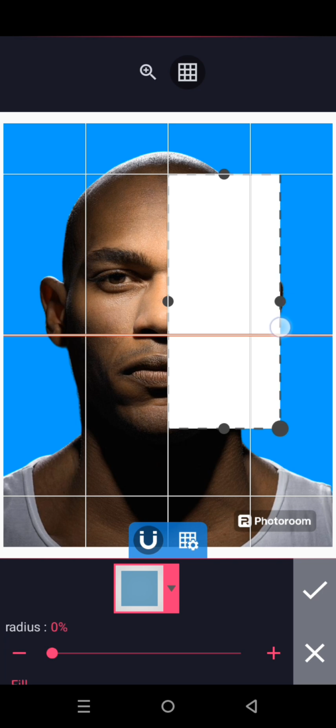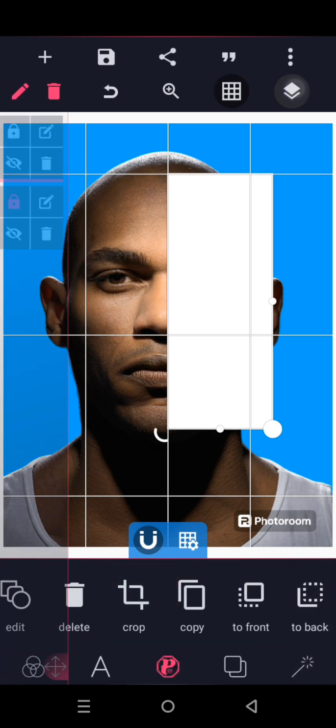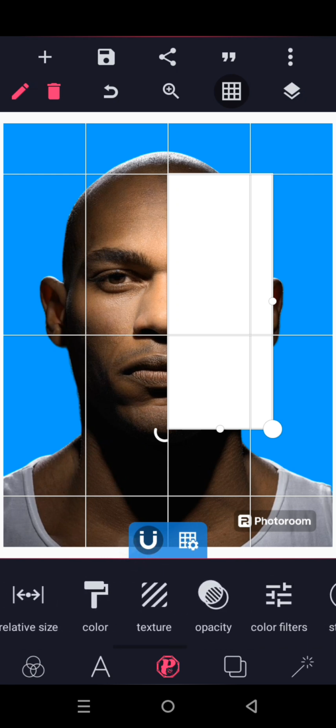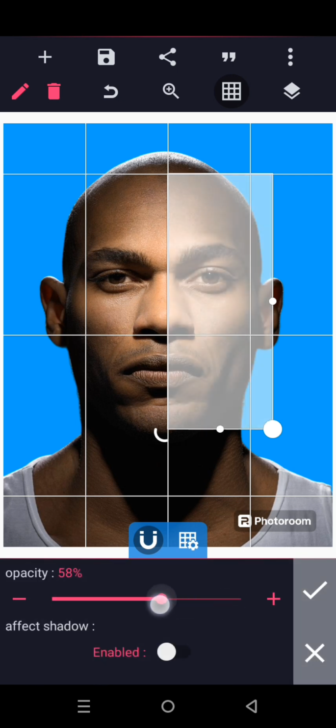Please watch closely and follow me carefully, so that you'll be able to get something similar or even better. I'll click on the mark icon and lock it to avoid touching it, and I'll come back to my opacity. Just watch me closely. Come to your opacity, click on it and reduce it. Now after reducing it to something like this,